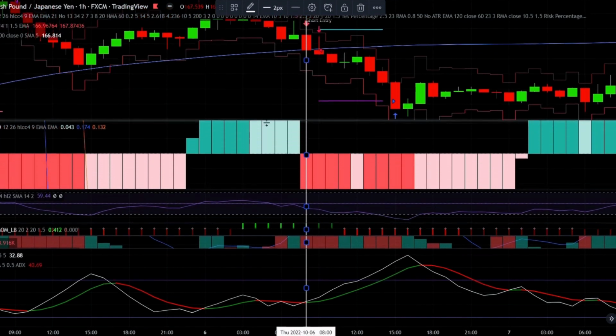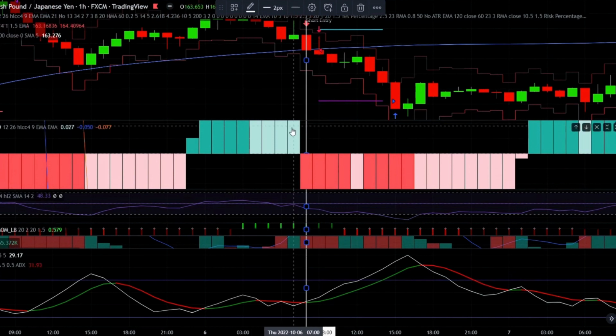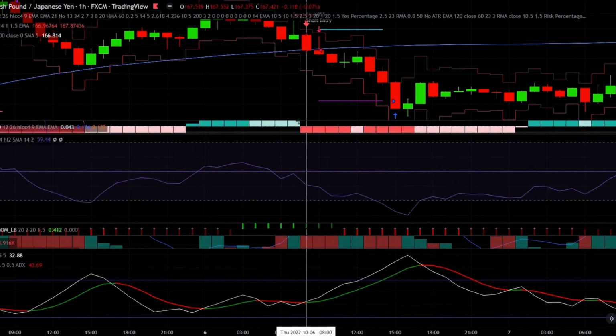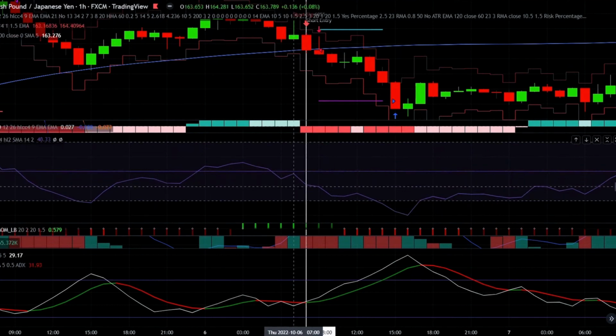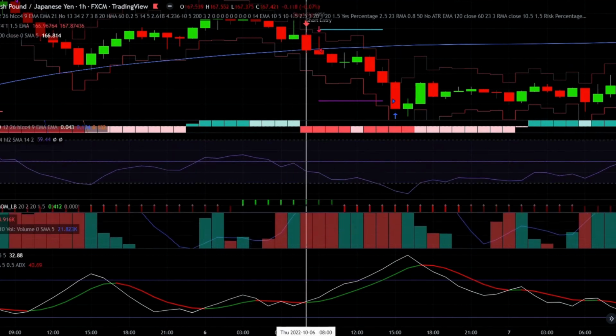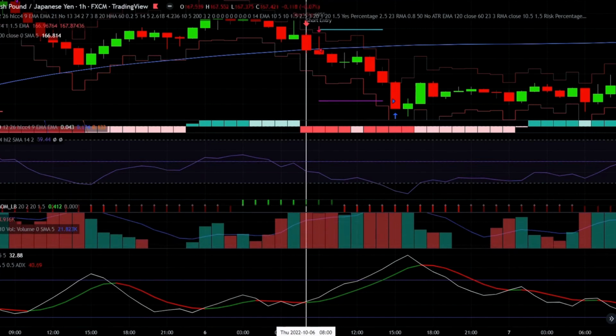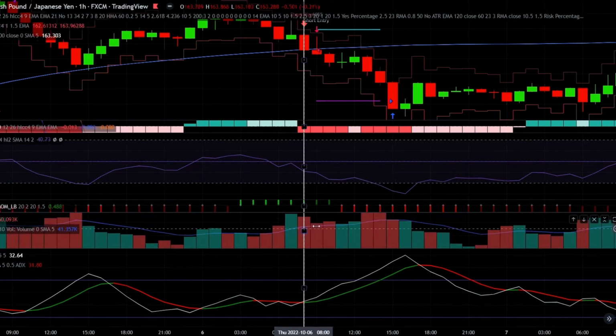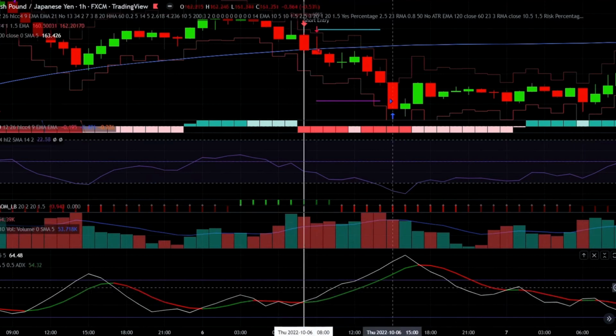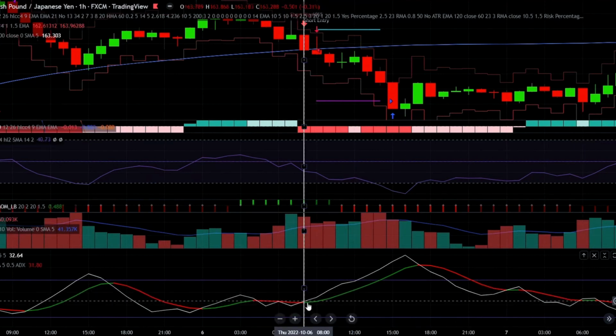The next condition is that we need to have a MACD cross down, which happens right here. Then we need to see that the RSI line is below the 50 level, and it is, as you can see. Then the volume needs to be above the volume-based DMA, and as you can see, it's well above. So finally, the ADX needs to agree with this entry, which means that the ADX line needs to be above